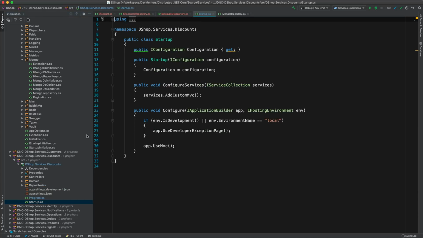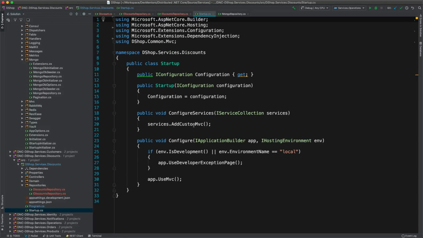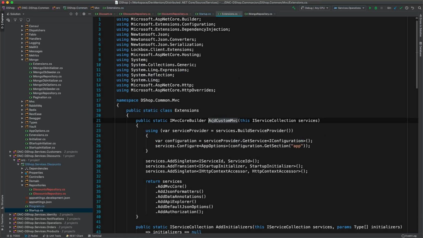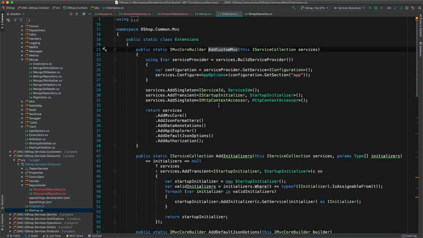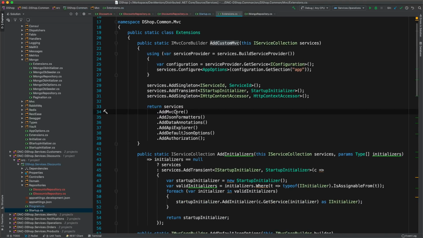Now, let's maybe do our container registration before we go further. So in our startup, as you can see, I cleaned up a lot of things, and for now I just added this call, AddCustomMvc, which is also part of our extension. It just adds these basic MVC libraries and interfaces like MVC core, JSON formatter, and so on,